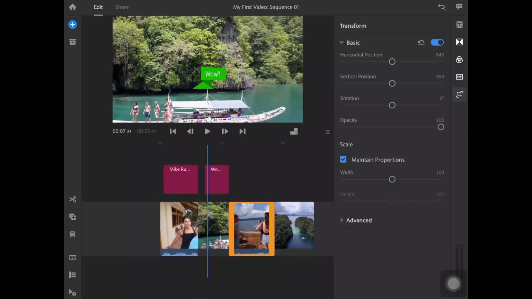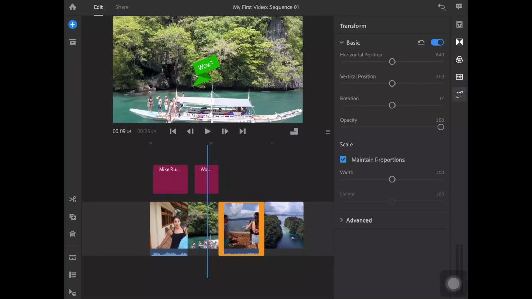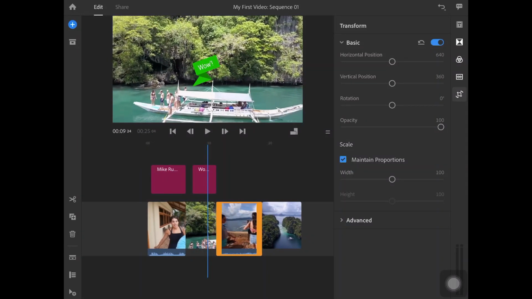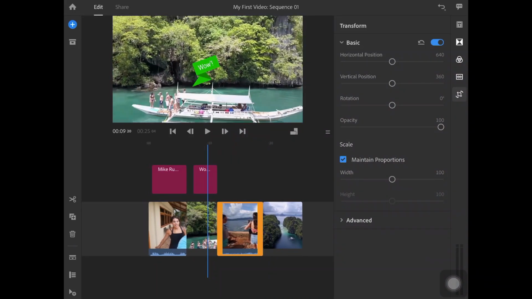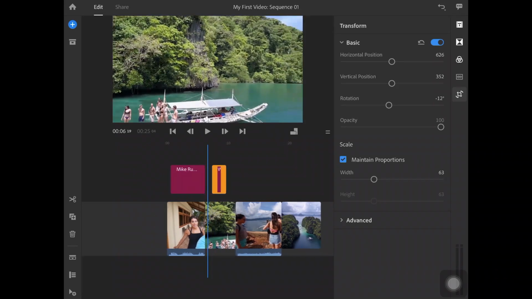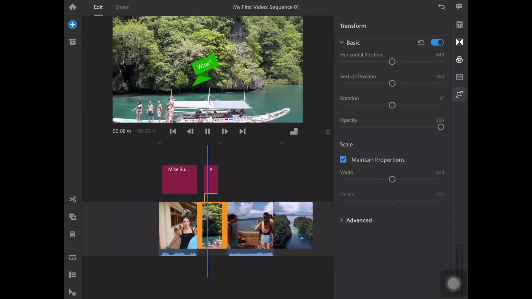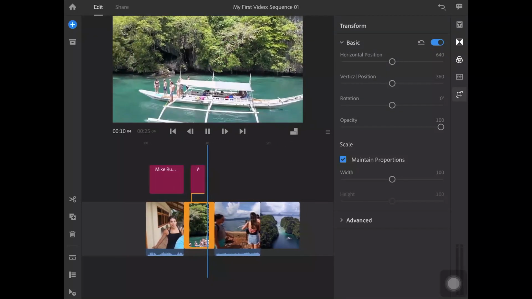Okay, now if you notice, that was kind of odd. Until this portion of the video it looks good, but as we went further down and it still stays on the same position on the screen, that looks odd. So maybe I just want that second text template to be available just at this moment. So obviously I will drag and trim edit until there, so that should be good. See, this is how trim edit works and it helps.